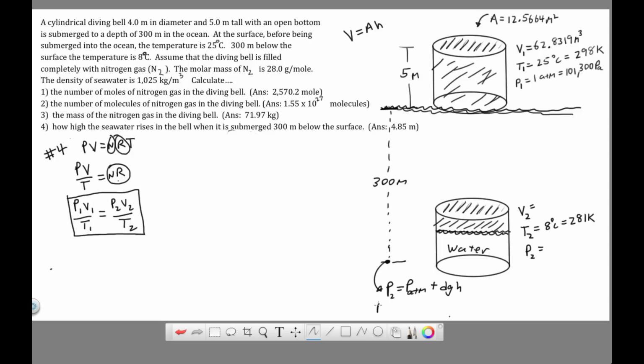All right, so P2, so the pressure of the atmosphere, you want this to be in pascals, 101,300 pascals. That's what the pressure was up here before the diving bell was submerged. Plus, all right, the density of the water is given right here, 1,025 kilograms per cubic meter. Gravity is 9.8. And h is the depth, which is 300 meters. So this gives us the pressure 300 meters underneath the surface of the water, and that comes out to be